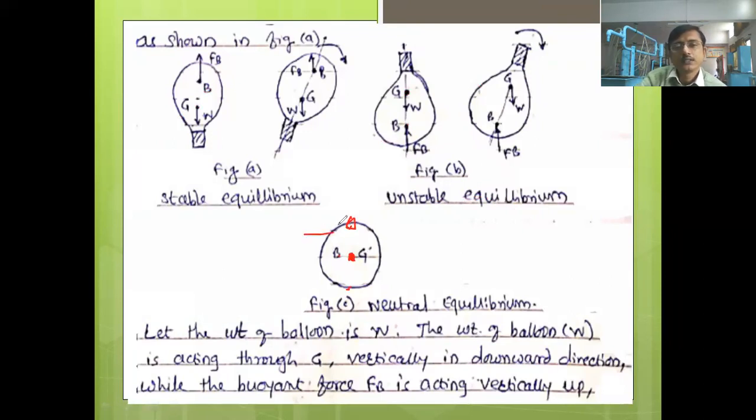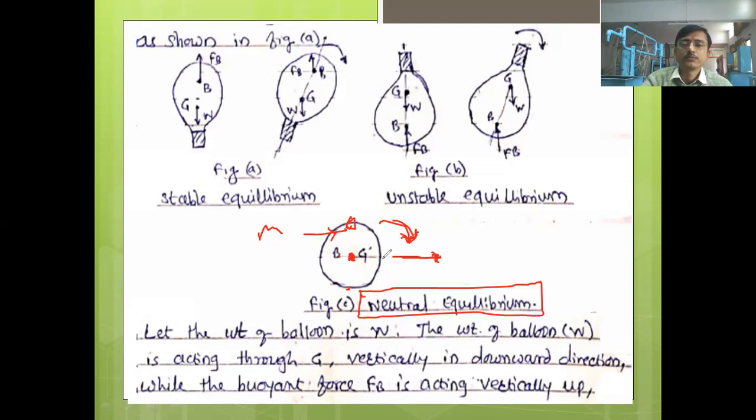and if I give a jerk here or apply some movement, then what is going to happen, this is not going to rotate in clockwise or anti-clockwise direction. This is going to slide. What will happen here? It will slide. There will not be any kind of rotation. It will take place, and this condition is called the neutral equilibrium.